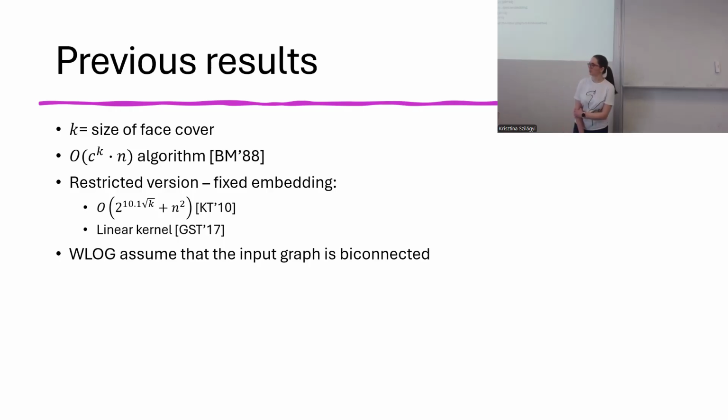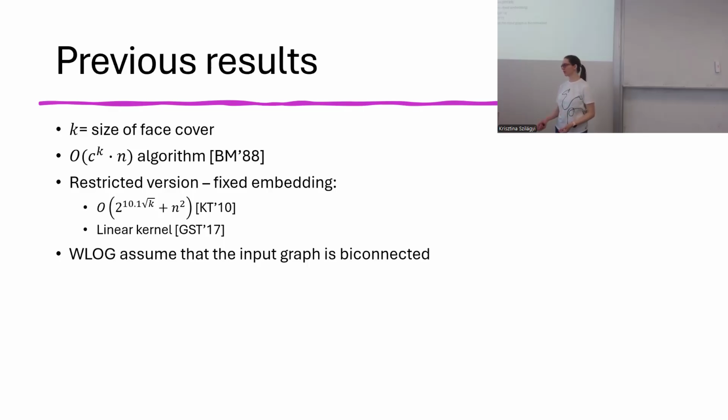And that is pretty much it when it comes to this non-embedded version. There was more work on an easier version of this problem where we are given a fixed embedding. So we're not just given a planar graph, we're also given an embedding. And in that case, there are some better results, and there is also a linear kernel. Another thing that was shown before already by Bienstock and Monma in the 80s is that without loss of generality,